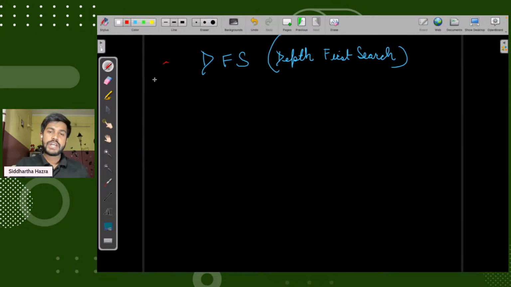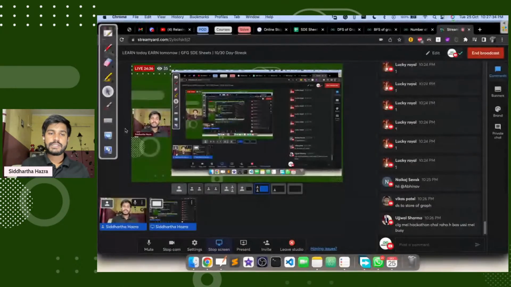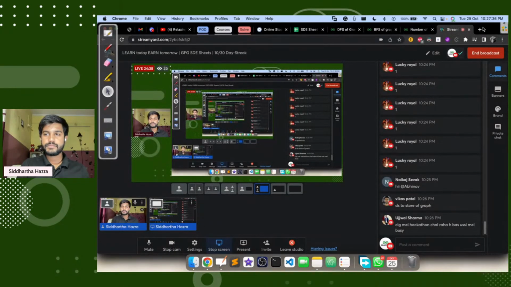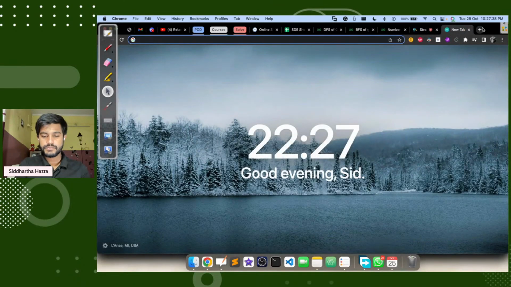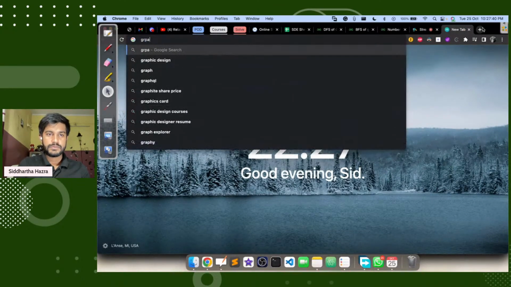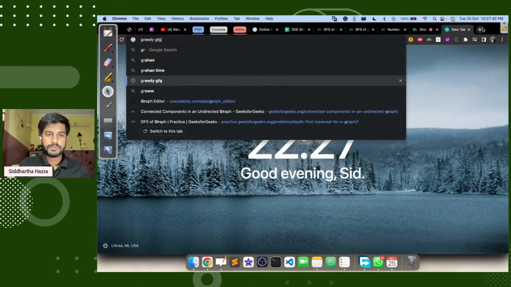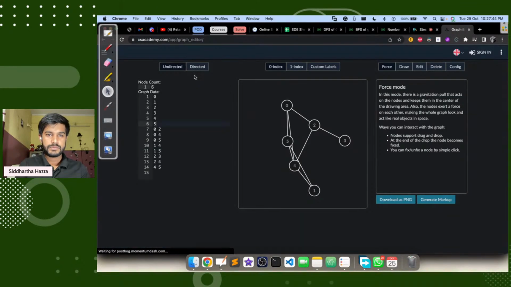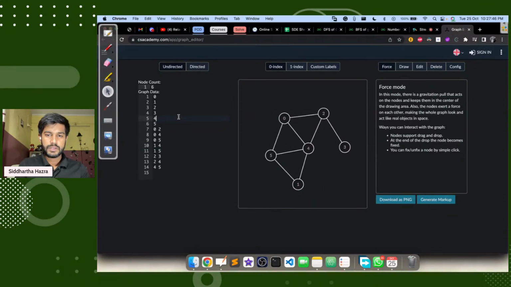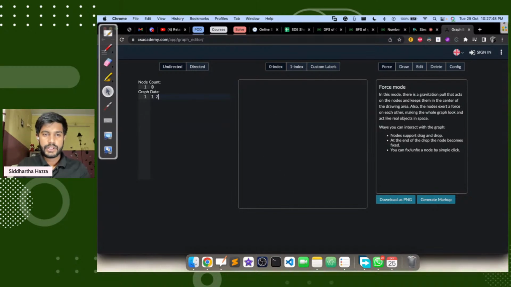So to traverse the graph, let us first have a graph. Let us have a graph quickly. One, two, two, three, and then three, four.